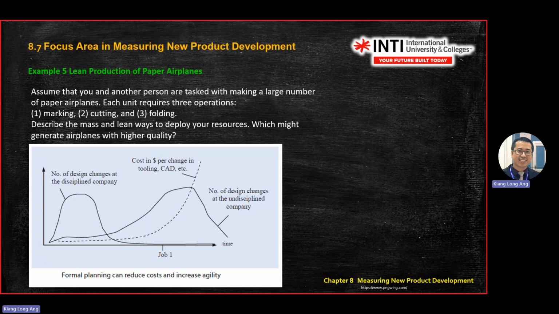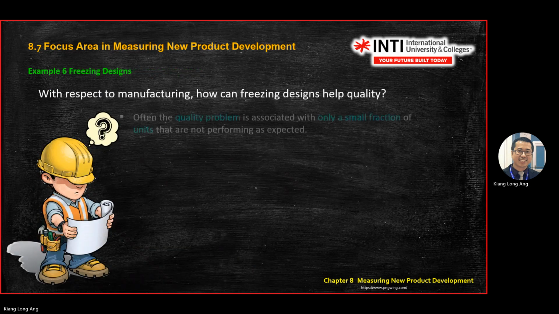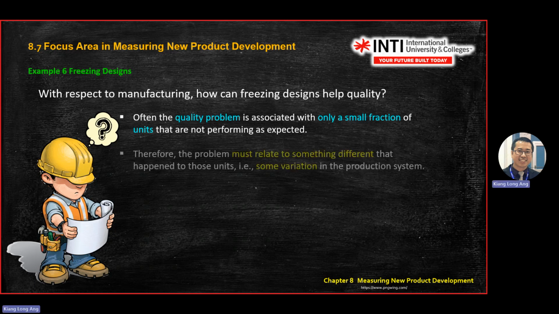Cost in dollars per change, the dotted line here, is that after you start the project, the longer it goes, the higher the cost you need to make changes. Okay. With respect to manufacturing, how can freezing design help quality? Okay, so this one is the